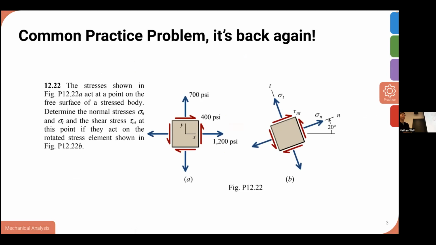Are we doing it? No. You've been there, done that. I trust that you are able to plug and chug. So yeah, we're going to now look at the kind of wacky way of doing this. Basically, there's a graphical method for doing stress transformations and visualizing this that is super handy and not taught at